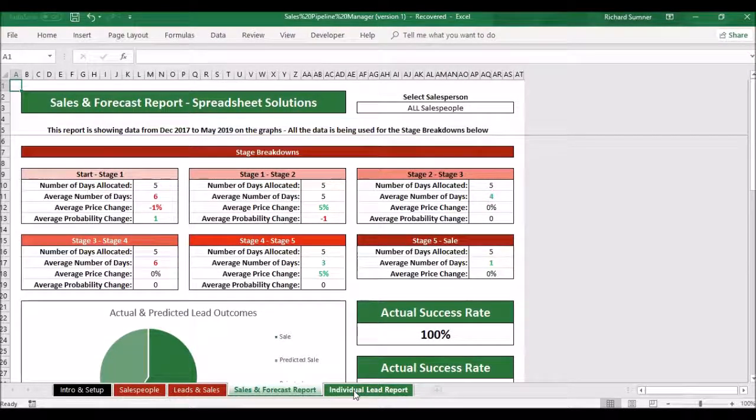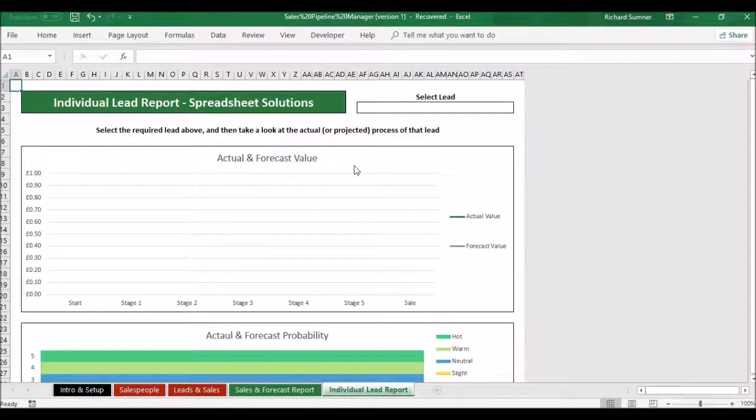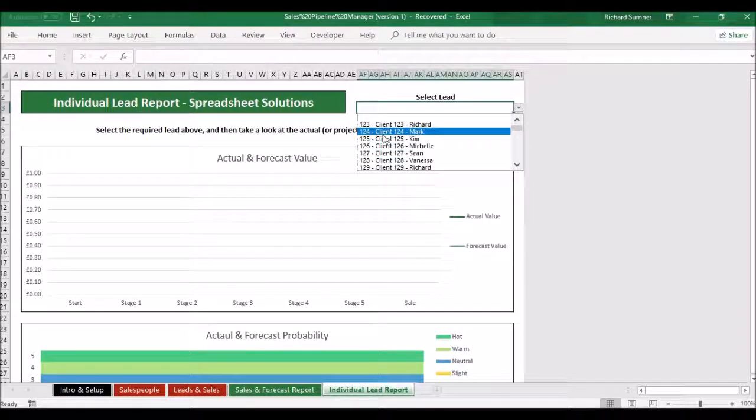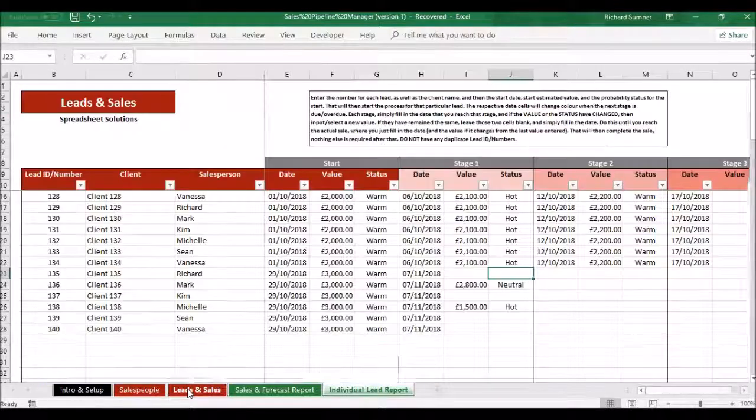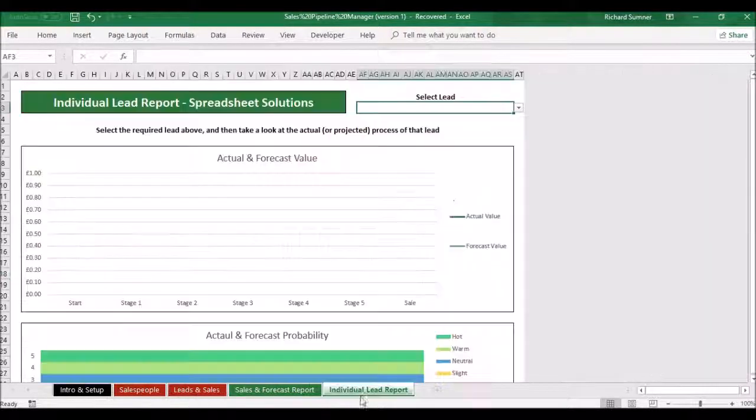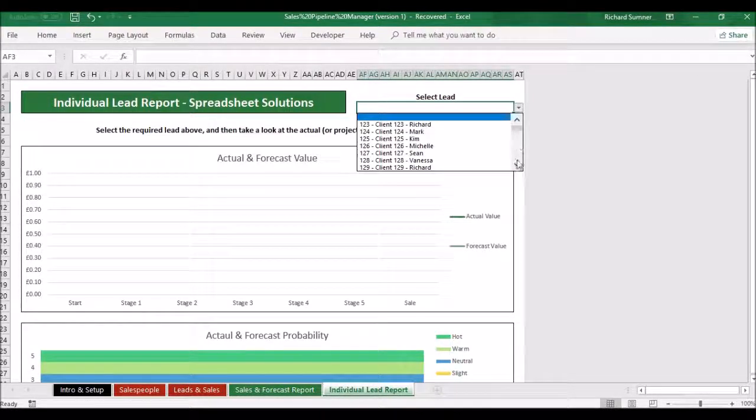But there's another report, and this is for your individual lead report. So what does this mean? If you click on this, you can actually go down and you can select any one of your clients. So you can see there the number, the client name, and the salesperson. So you can go down to any one of your leads. So let's have a look at, for example, this one here, 138. So if we go to the individual sales and we go down to 138 and we see Michelle,